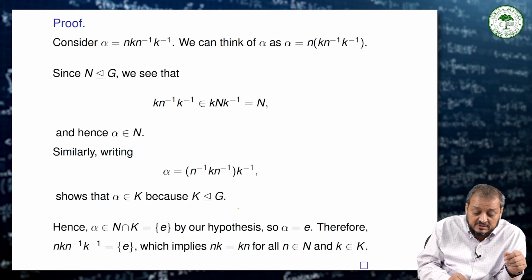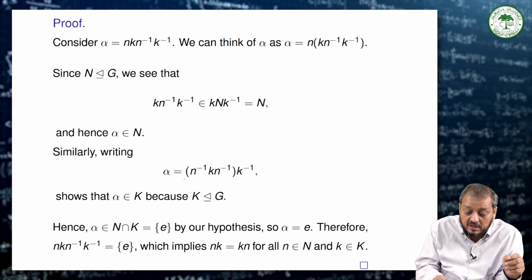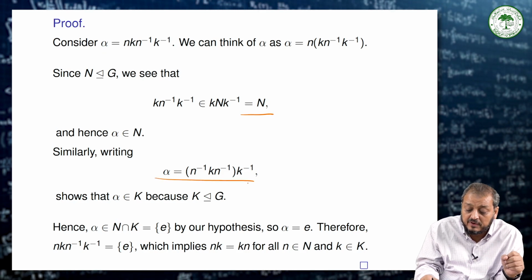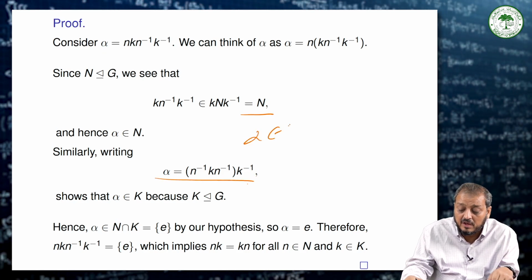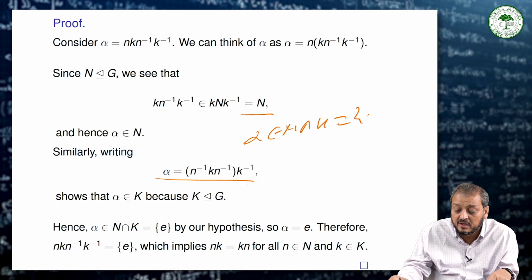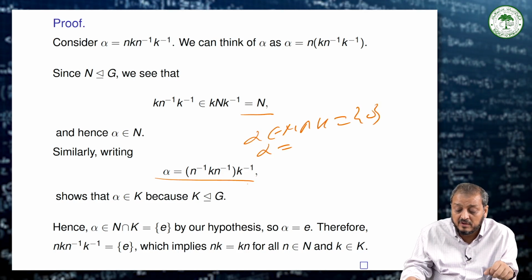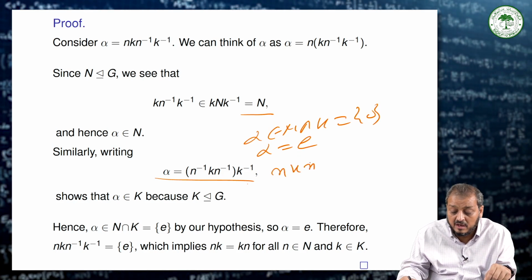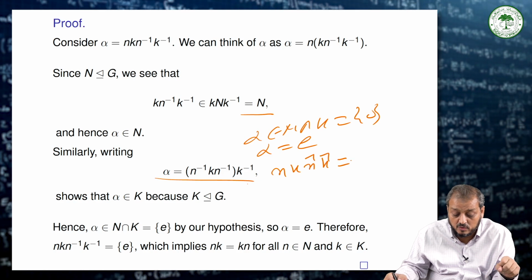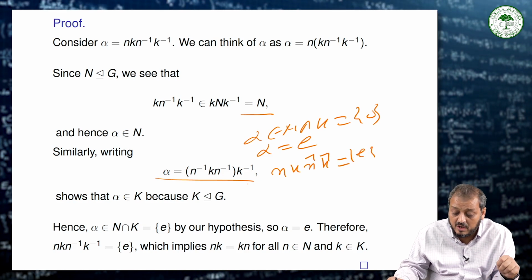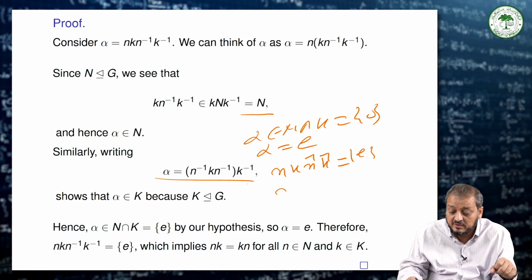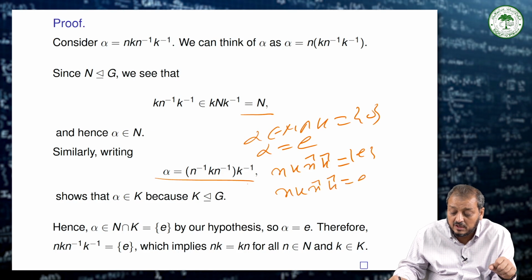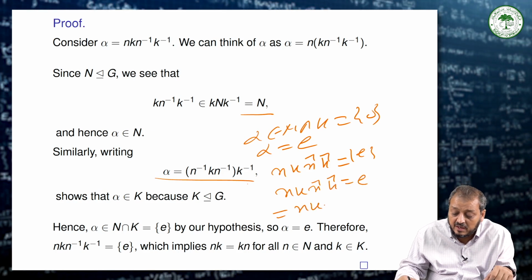So we can say that alpha is an element of N, and this alpha is an element of K. That means alpha is an element of N intersection K, but N intersection K is given as the identity. So this means alpha is equal to the identity. If alpha is equal to identity, it means n k n inverse k inverse is equal to the identity, and then if this is the identity, then you can say that n k n inverse and k inverse